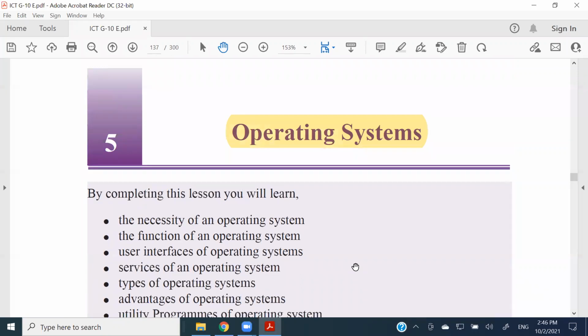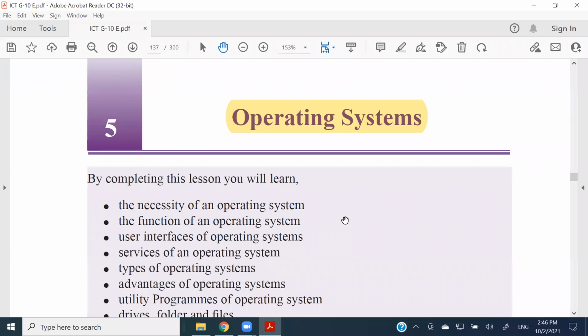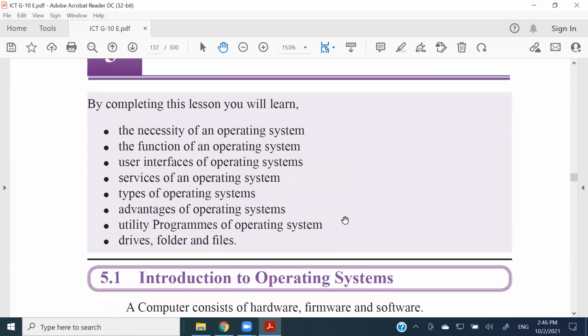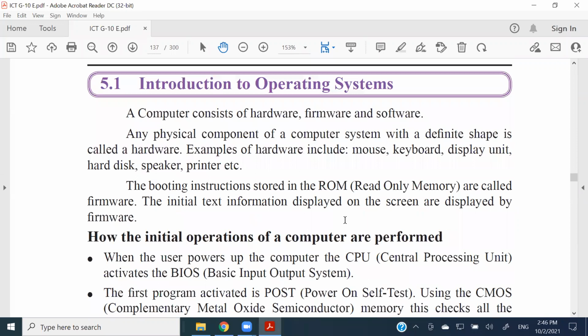We are starting a new unit, the 5th one. And then this is big, small, small, small, and small. Yes. Right. So after the heading,